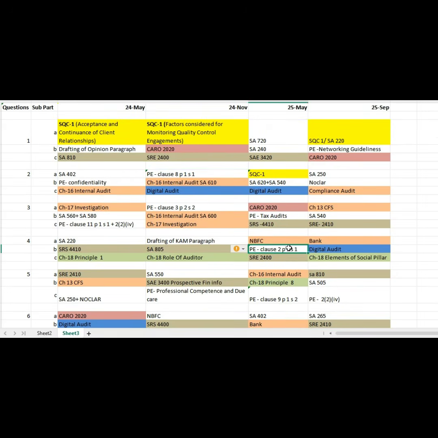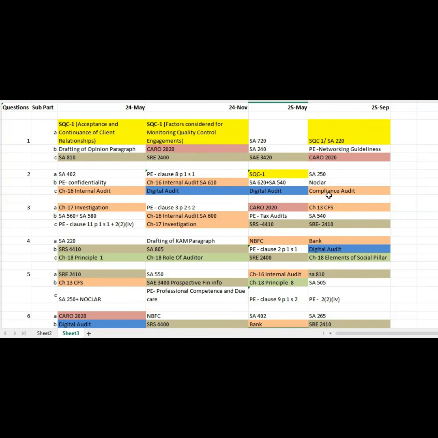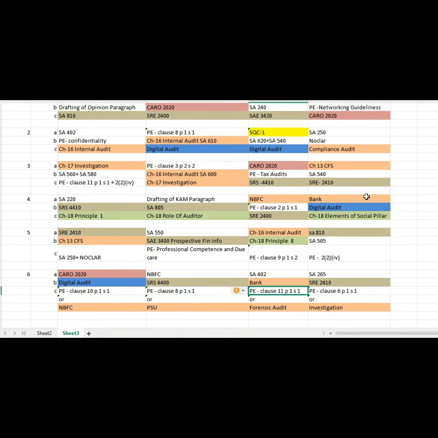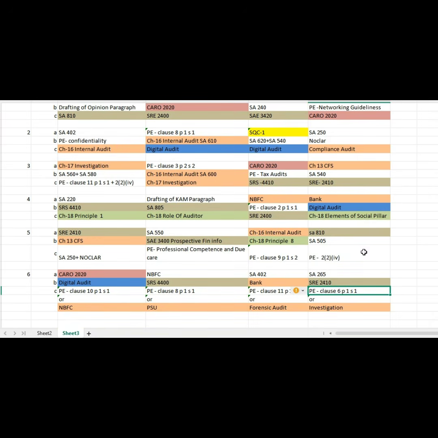Again in May 25, see here there is 1 question, and here 1 more question, and 1 more question is also there in the May 25 attempt. Again in September 25 you could see a clauses question. In September 25 there is a clause question and a section question, okay. So you have to be thorough with clauses along with this section. Anyway, you will get 8 marks of professional ethics from these areas, from the clauses.